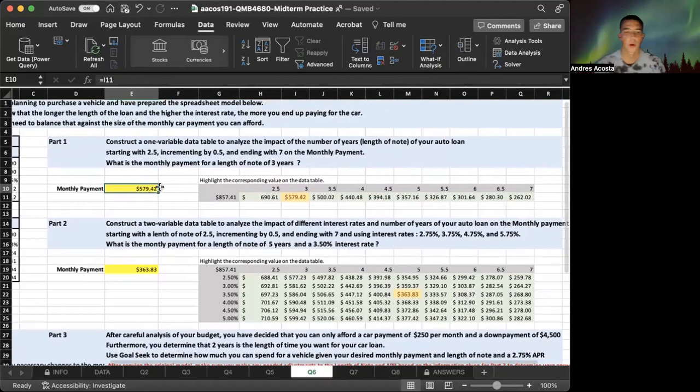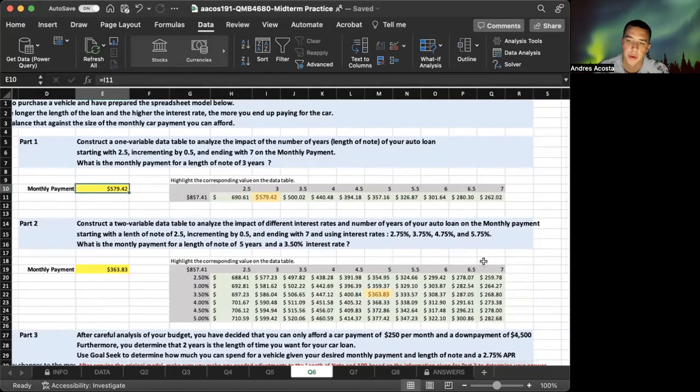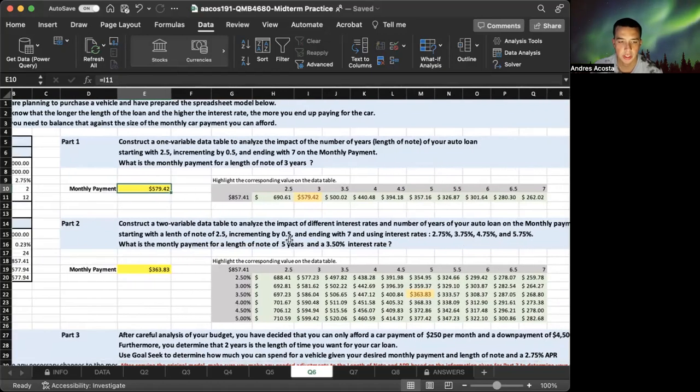So part 2 says to construct a two variable data table to analyze the impact of different interest rates and number of years of your auto loan on the monthly payment, starting with a length of note of 2.5, incrementing by half, and ending with 7, and using interest rates 2.75%, 3.75, 4.75, and 5.75. Now the question is, what is the monthly payment for a length of note of 5 years and a